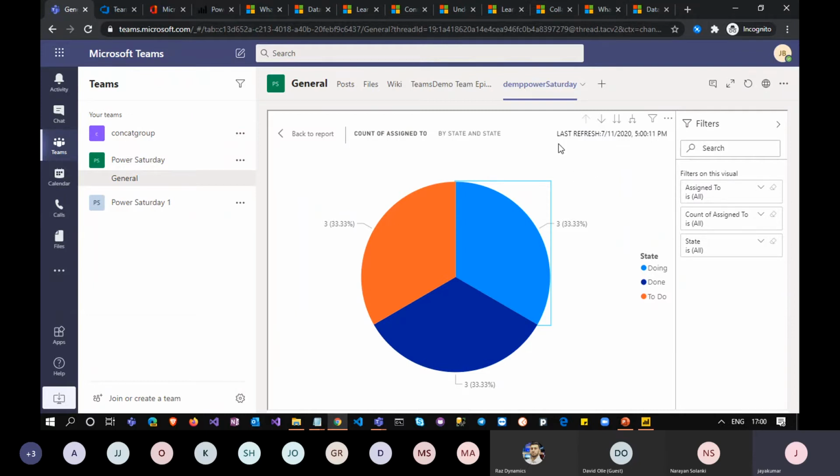Now coming to the data refresh. Since the report is hosted in Power BI, the data needs to be refreshed. We can schedule the data refresh, but it won't be refreshed live. It's not real-time data. It will take some time to refresh your data, but you should be able to configure at what frequency the data has to be refreshed.